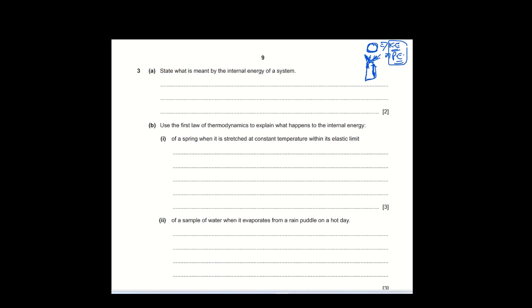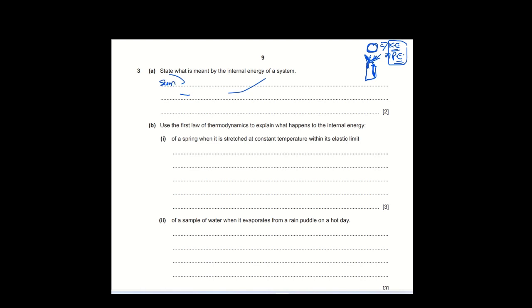So their energy is increasing. That kinetic energy or potential energy of the internal molecules of the stone is known as the internal energy of a system. So what is internal energy? You will write